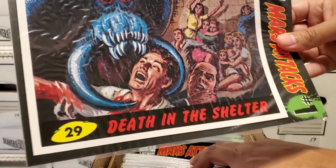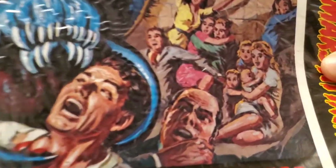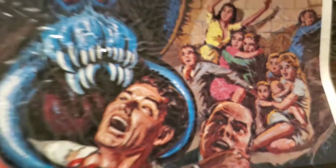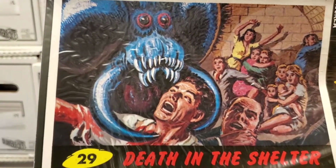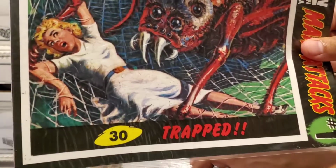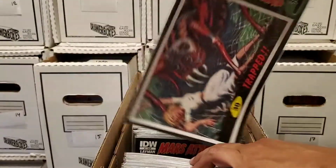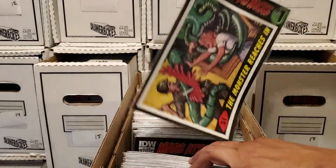Death in the Shelter. And this one here, all these people are going to die, but look at that. There's kids in there. These Martians didn't care. This version of Mars Attacks, they didn't care. If you were in their way, you were dead. It's kind of what I liked about it. I was always kind of hoping that they would